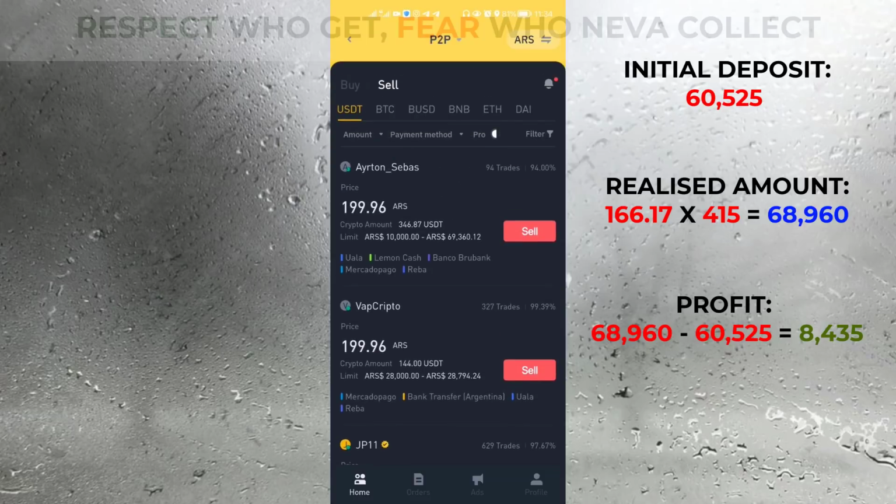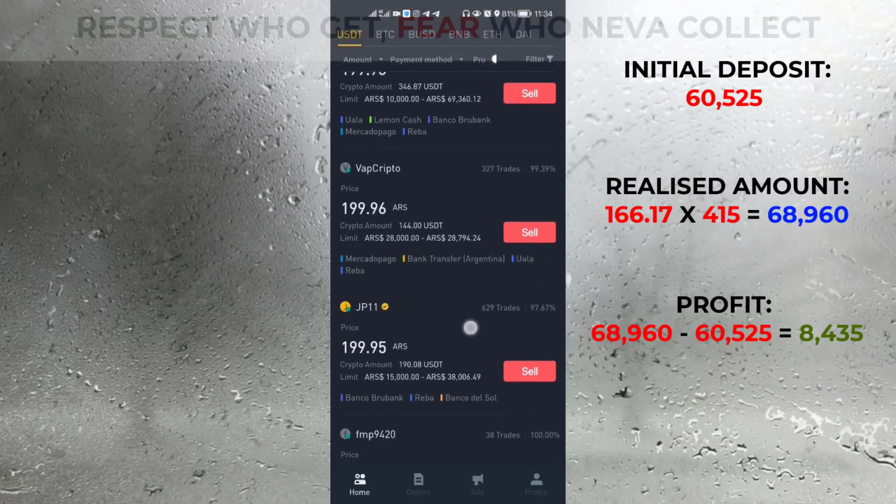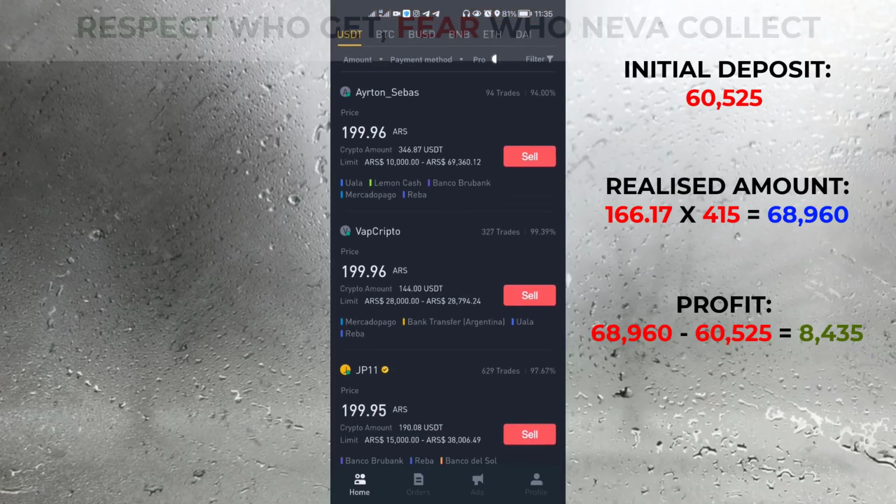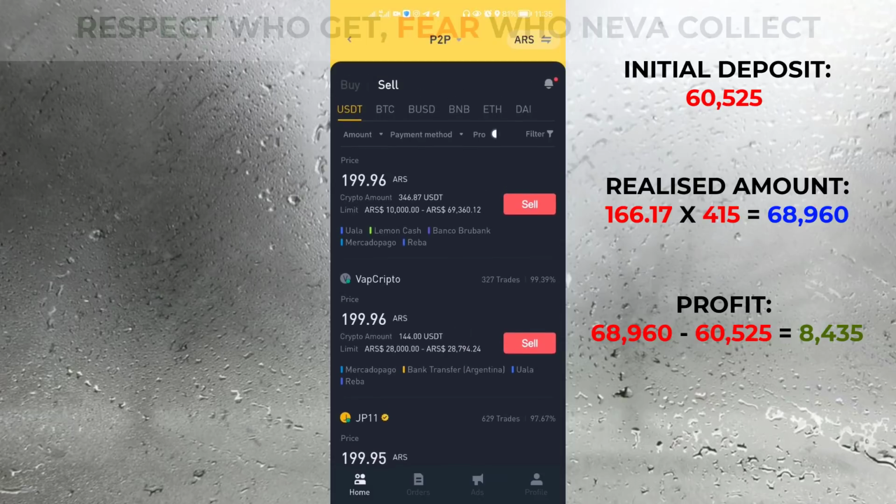So if you're not in Argentina, these people are going to look at you as someone that wants to come and capitalize, right? But if you can explain to them that it will be profitable to both of you, and that they can send to you as if you were living in Argentina, then it will work. You are going to be able to work with these people. Okay, so